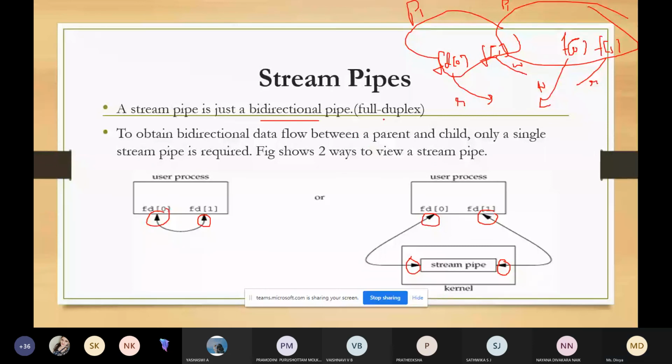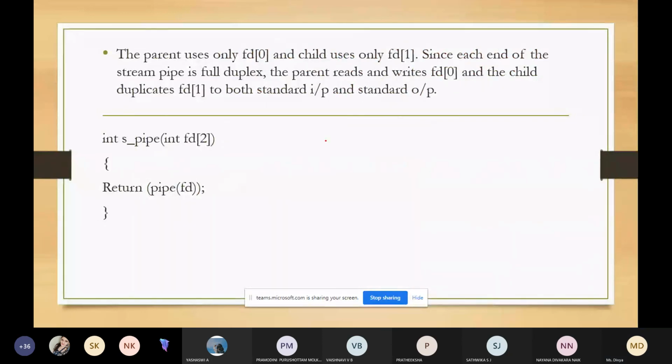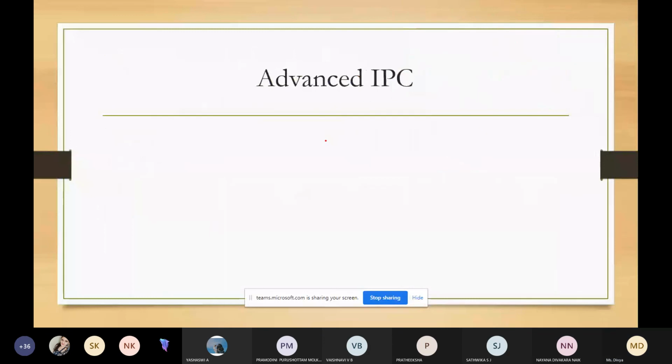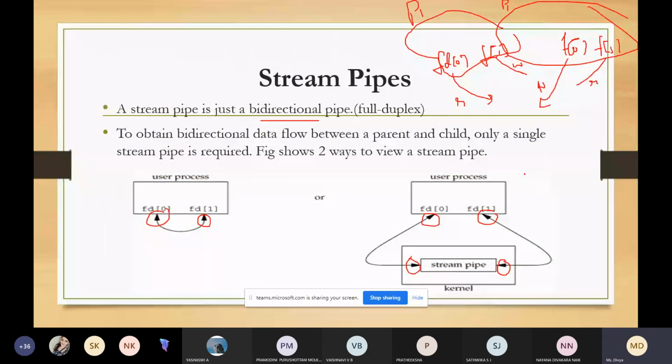Here, in both directions you can perform read and write. FD0 can be used for reading and FD0 can also be used for writing. Similarly, the other end is used for reading as well as writing.